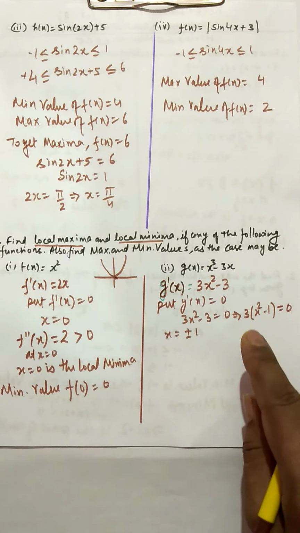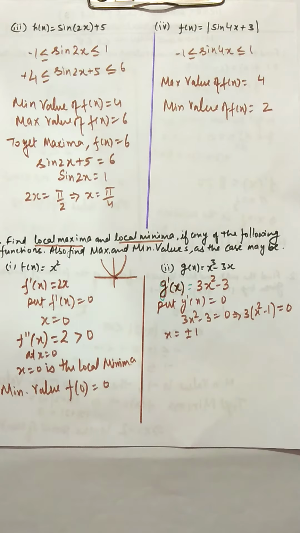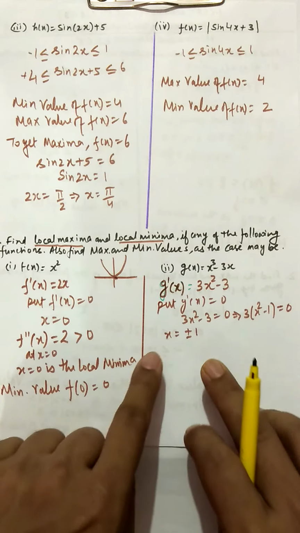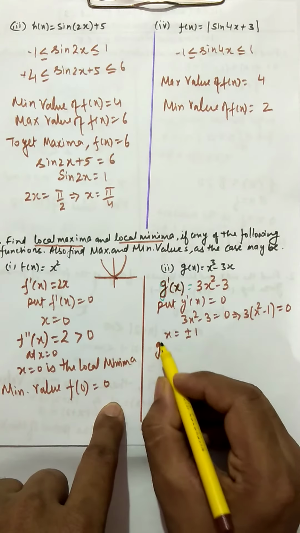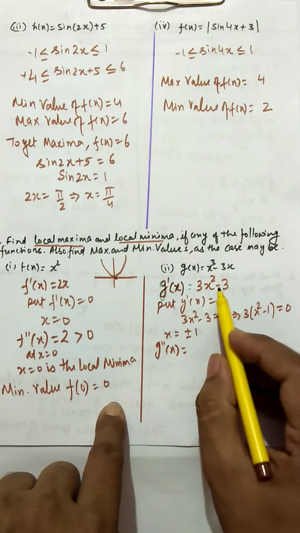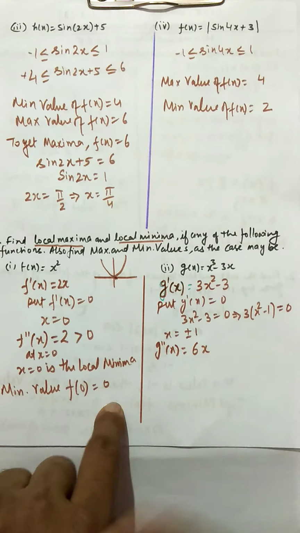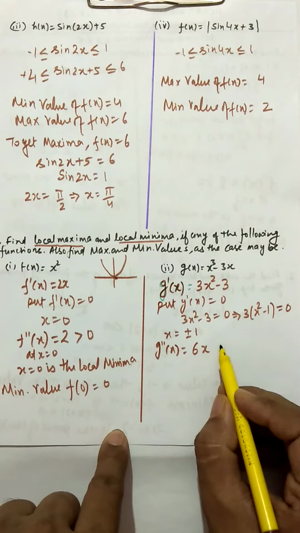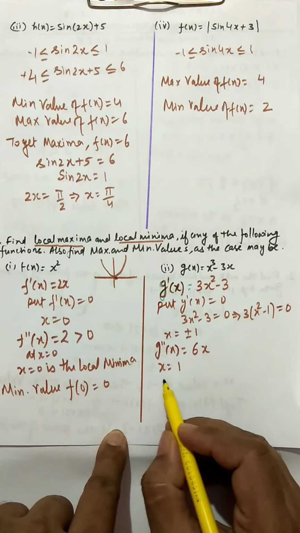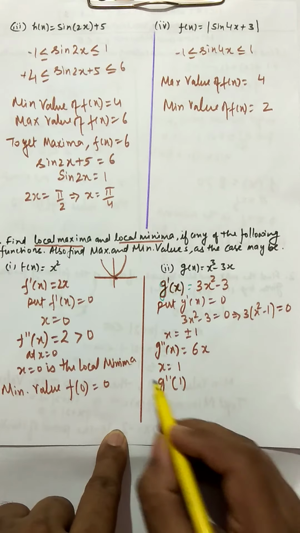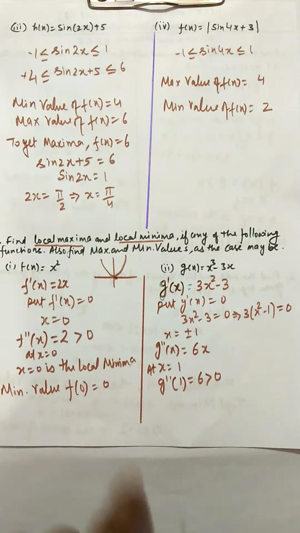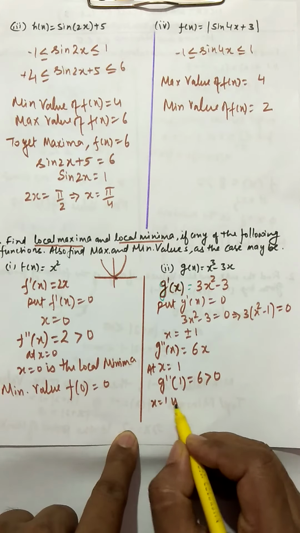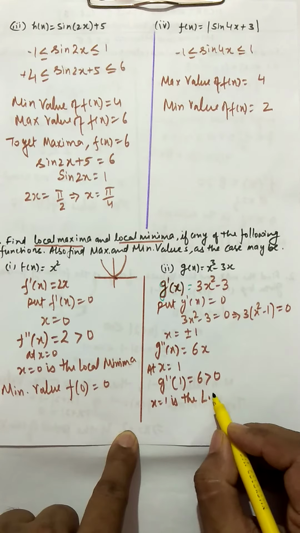Now most of the time you just simply write x equal to 1, but please keep in mind there are two values, and these two values are actually critical values. Now we'll see how this will give you the minimum value or the maximum value. So we'll find the double derivative g''(x), that is going to be 6x. Now if I take x equal to 1, then g''(1) is going to be 6, which is greater than 0. So it means that x equal to 1 is the local minima,